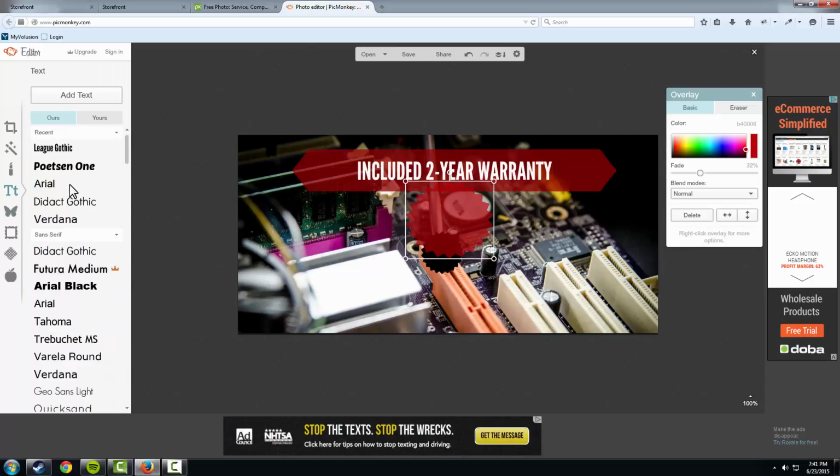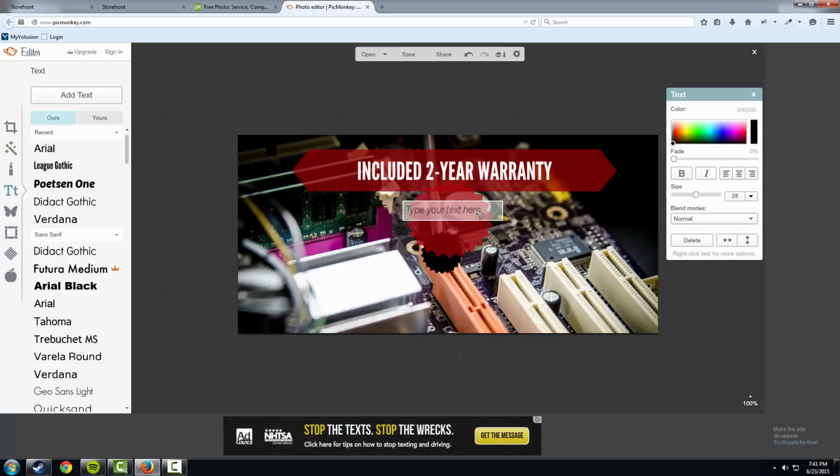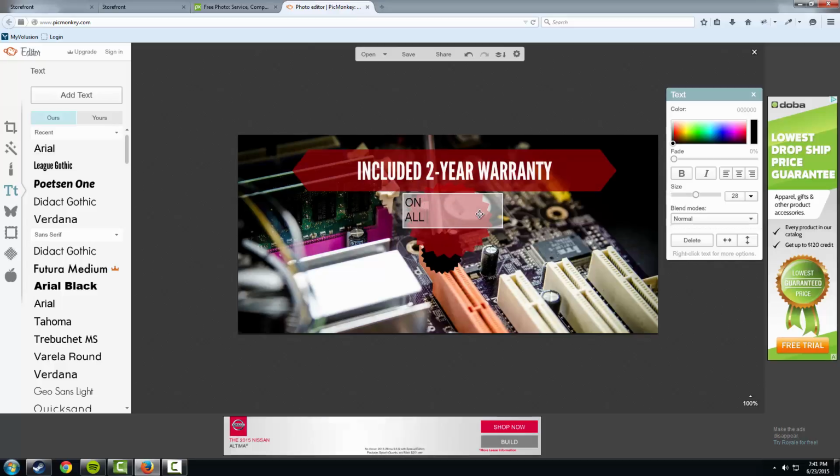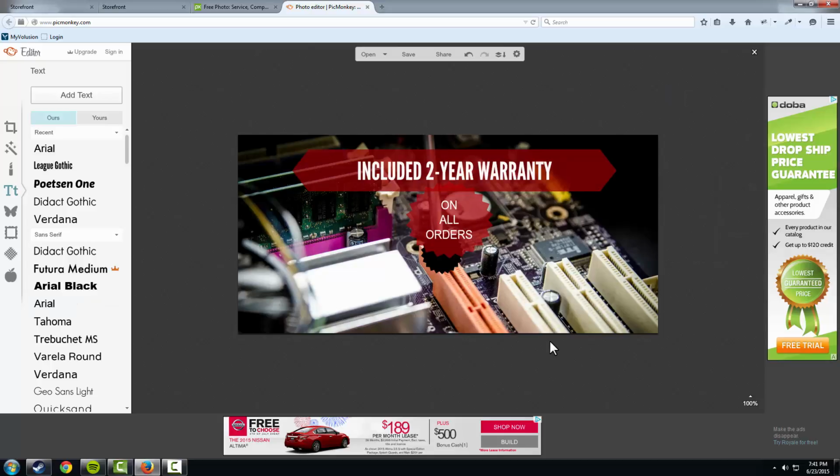And then I'm going to add some Arial to say "on all orders." Gonna center that, change it to white, drag it down here. There we go. Arial's not the best choice of font, by the way, for this kind of thing, but hey, it'll do for now. Delete that black guy down there, and go ahead and we're going to add a call